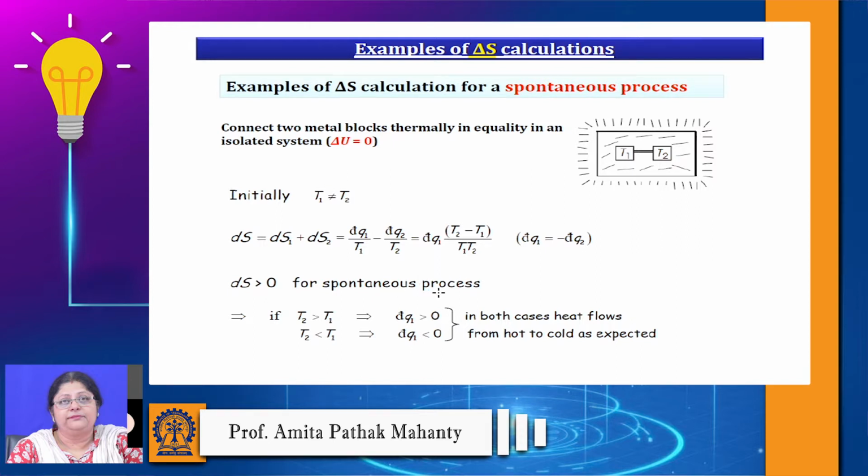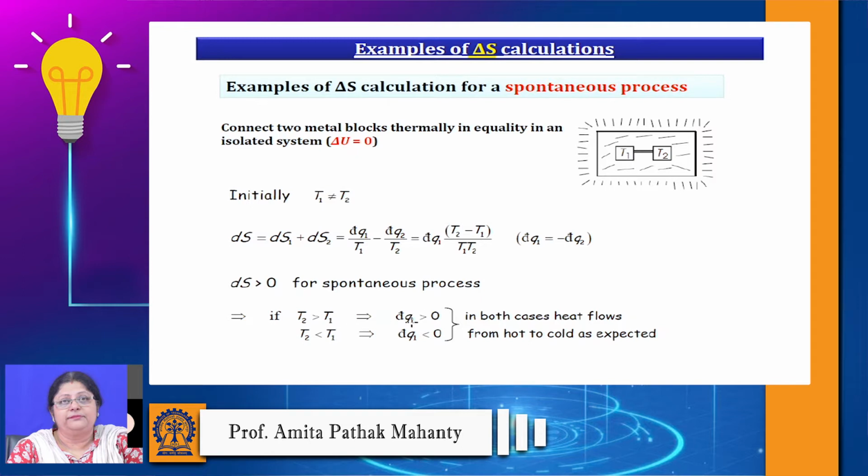Now, if I want to find the direction of the spontaneous process, that means the preferred direction of heat transfer: if T2 is greater than T1, the expression becomes positive, and this will be the preferred direction. If T1 is greater than T2, then that will not be a preferred direction. So what we have to understand from here is that T2 greater than T1